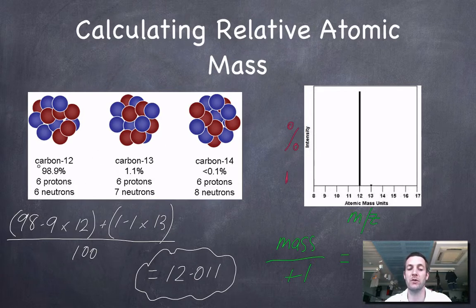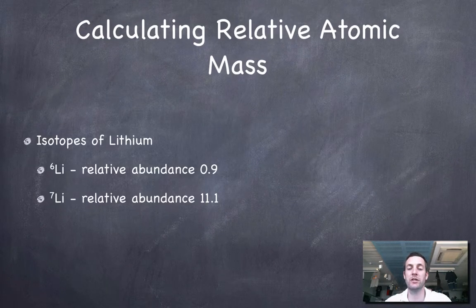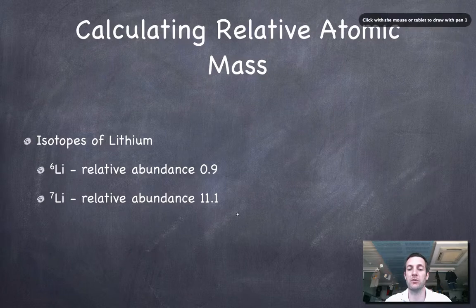What we've done is we've looked at the relative abundances, combined them with the masses to find an average mass. We're going to do exactly the same thing now, but using just numbers written down instead of a mass spectrum. We're going to do it using lithium, and using relative abundances that aren't percentages. But it's a simple problem in the same way that the last one was,